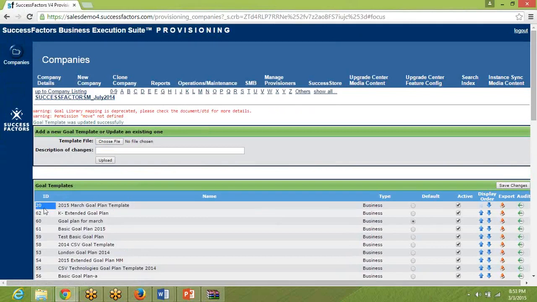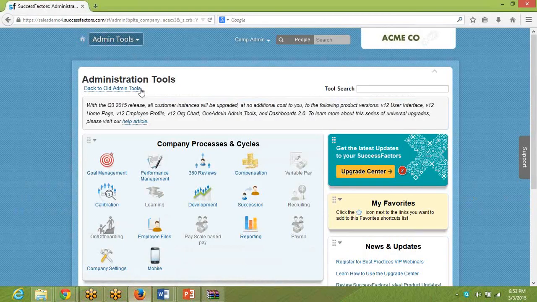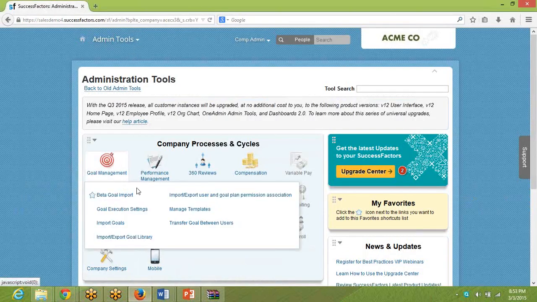So this is important when you are going to integrate your goal plan template with your performance plan template, guys. It is 20. Yes, you can always come back to the provisioning system and have a look at it, but this is the value that is going to play a vital role in your integration, guys. You loaded the goal plan template in your provisioning system, and let me check whether that is available in your instance or not,